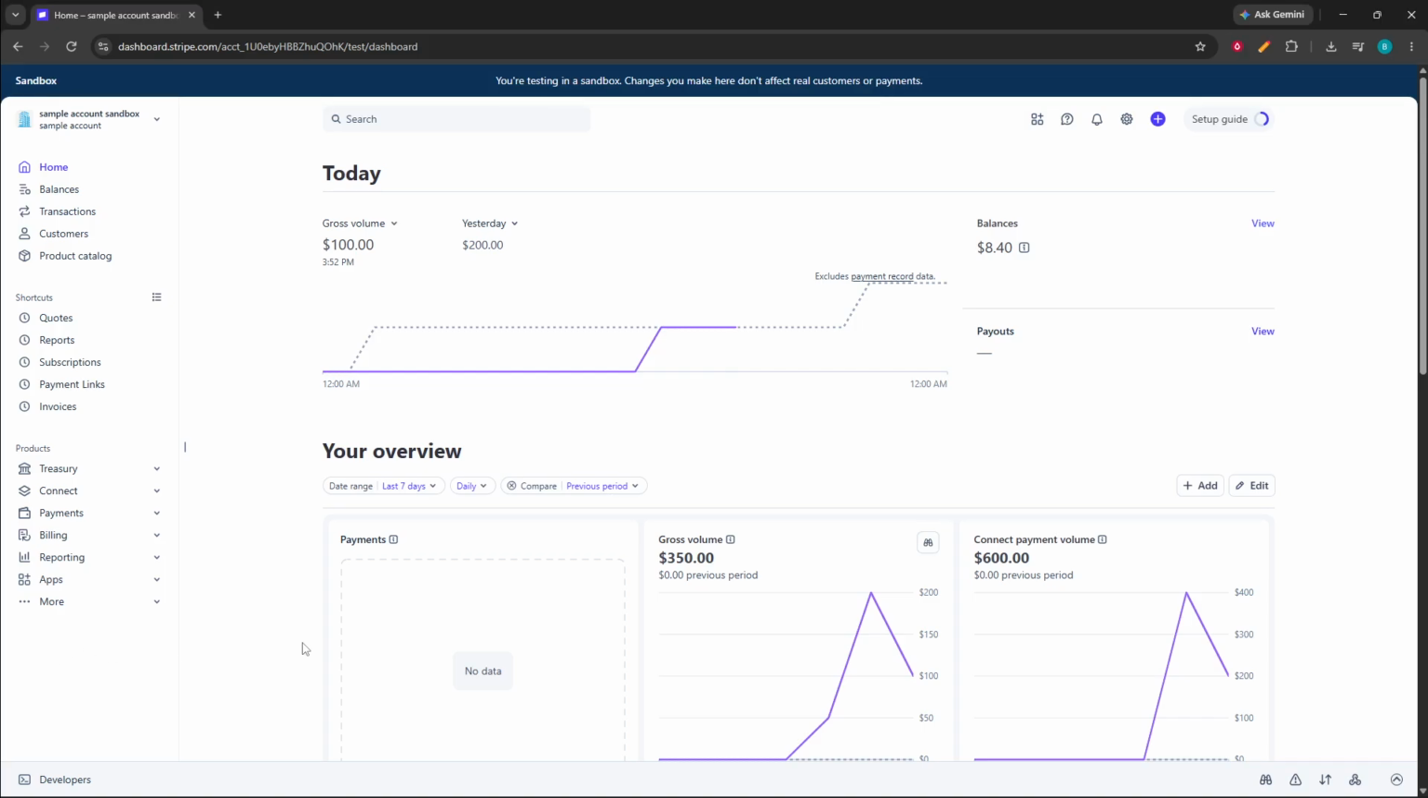In today's video, I am going to teach you how to add Afterpay to Stripe. Start by making sure you are already logged into your Stripe dashboard. Once you are on the main dashboard, look to the top right corner of the screen and click the Settings